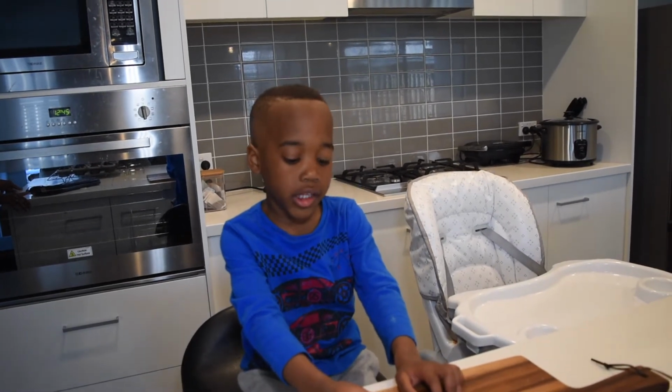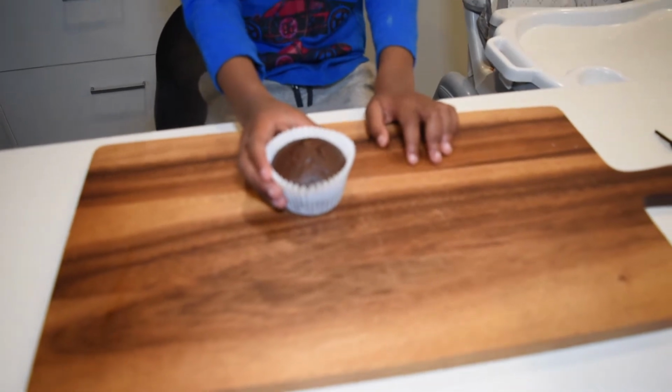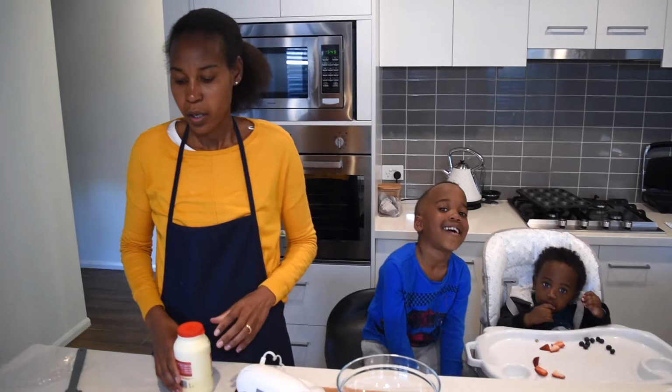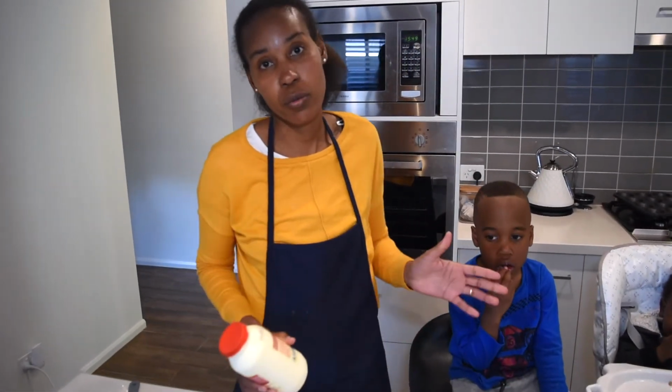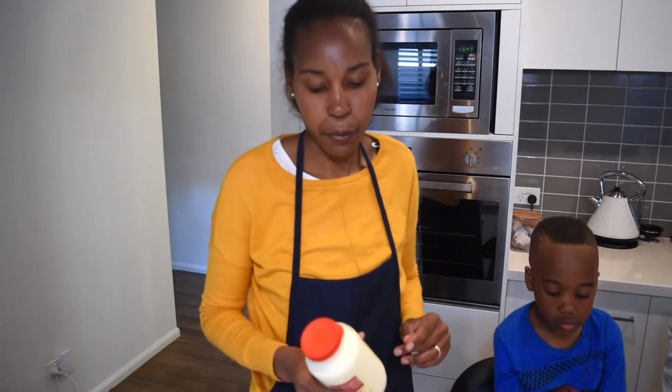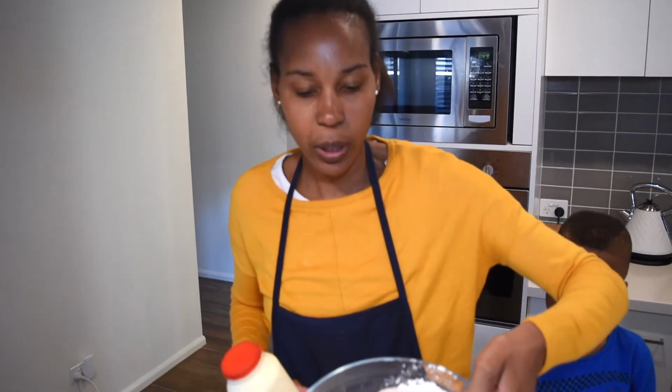Now the cupcakes are cooked, we're gonna let them cool down, then icing. Our cupcakes have cooled down, and this little boy says he just wanted to ice them with some fresh cream. So what I'm gonna do is I'm going to use some thickened cream together with some icing sugar,